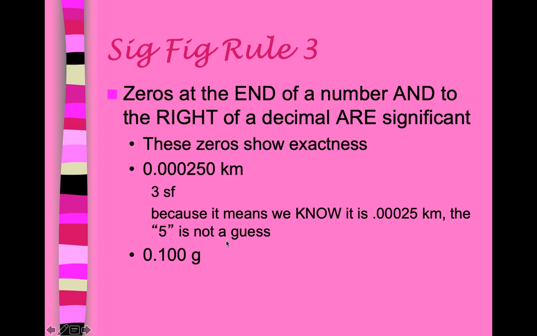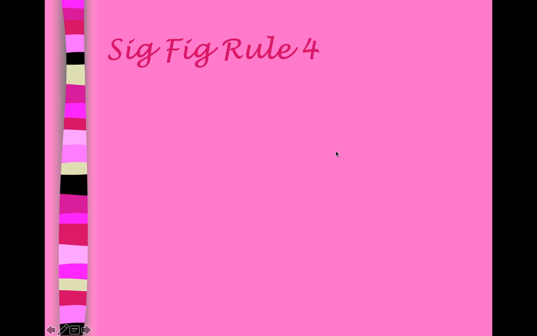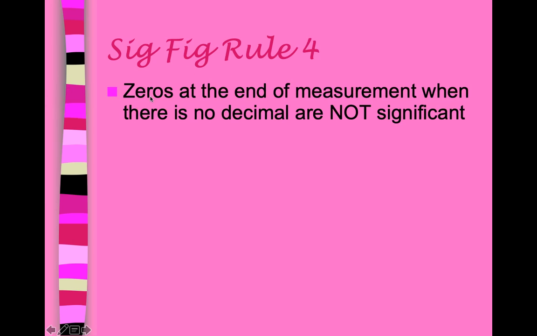That's the difference. So then 0.100, this would also be 1, 2, 3 sig figs, because these zeros are after a non-zero, after a decimal, making the measurement more specific. Exactness zeros. Okay. Rule number 4, what if there are zeros at the end of a measurement after non-zeros, but